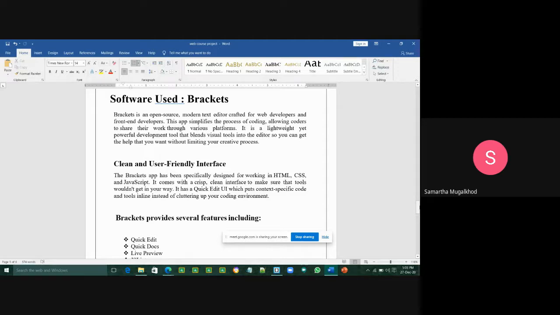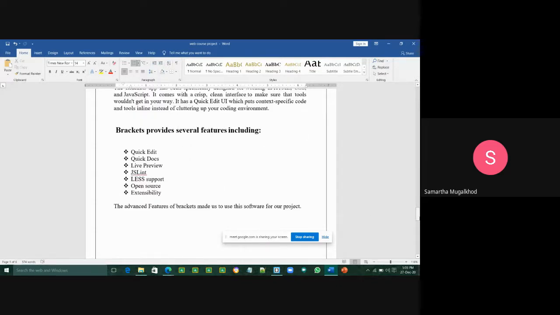Brackets has many features, which include quick edit, quick docs, live preview, LESS support, open source, extensibility. These are the features of the Brackets app. So we are using this software to create our web page.